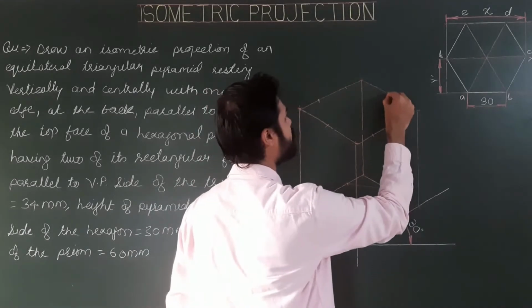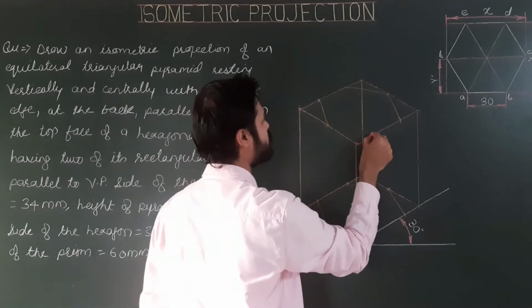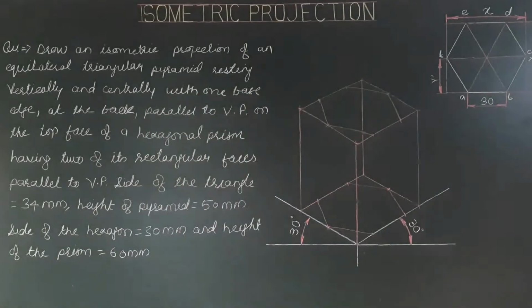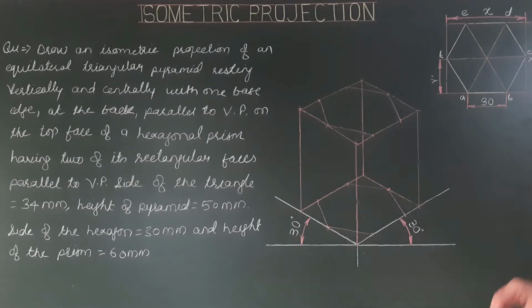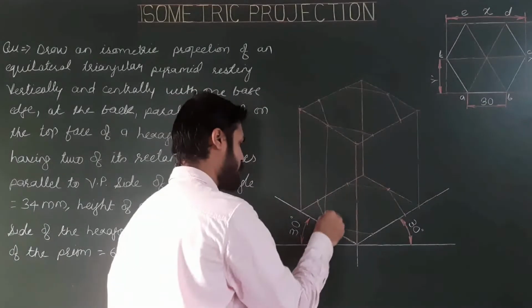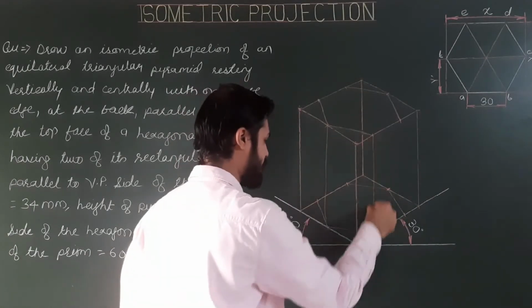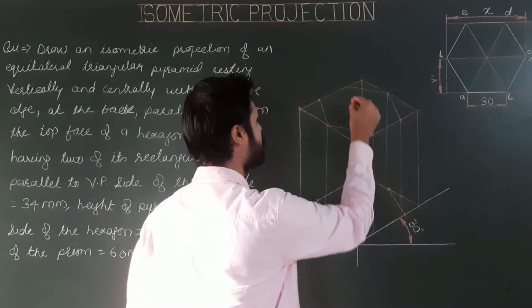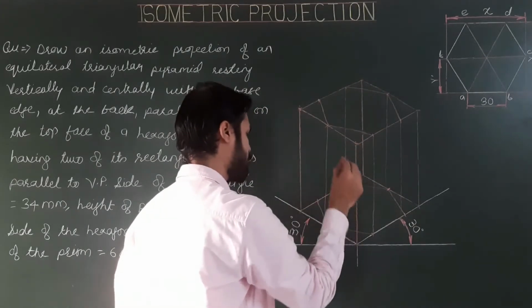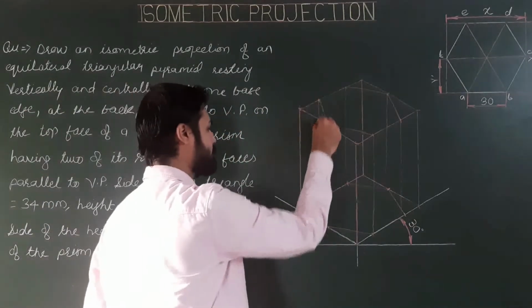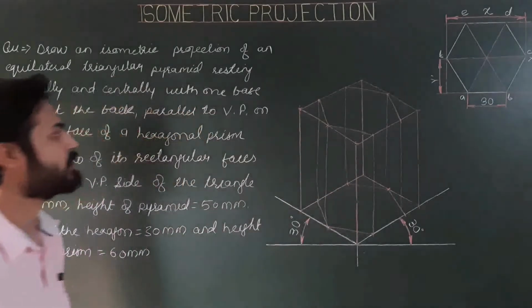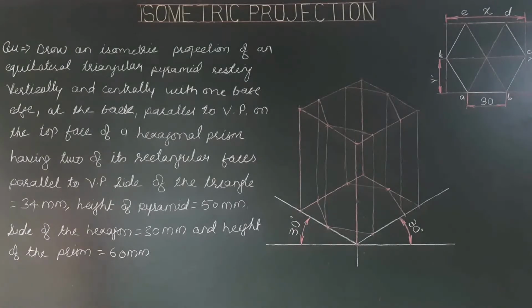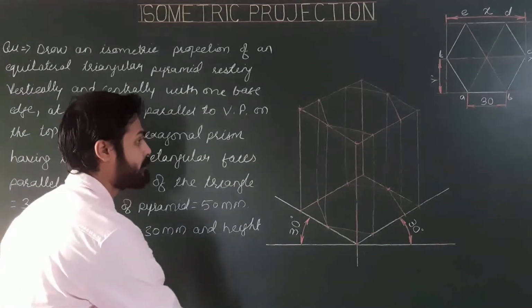bottom base and top base of the hexagon. Also joining all vertical lines or points of generators, and last. Okay, done. Now next is we have to locate the center on the projected hexagonal base, both bottom base and